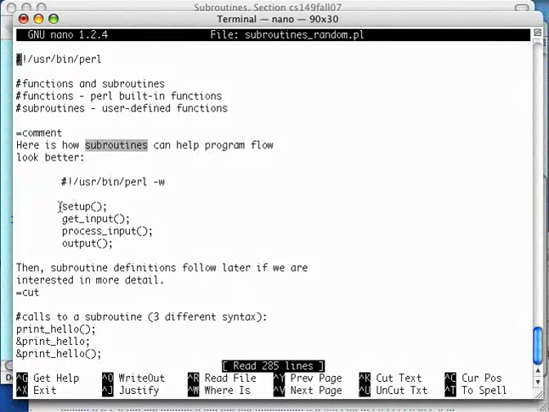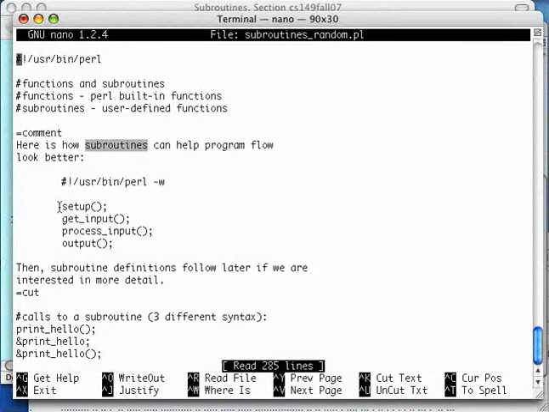But mostly, if you have more than 10 lines of code, it's usually a good idea to categorize those into one piece of code as a subroutine, and it makes your program more legible,